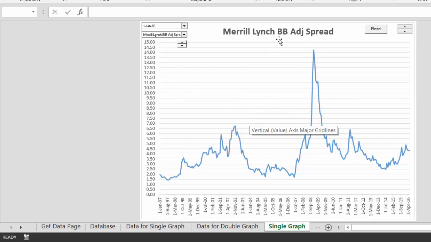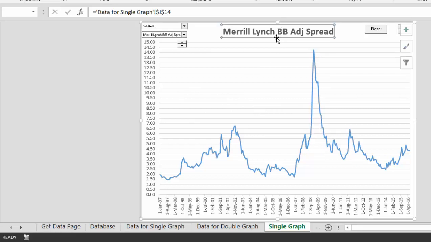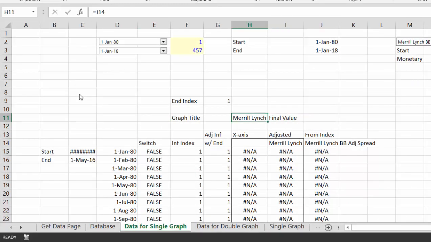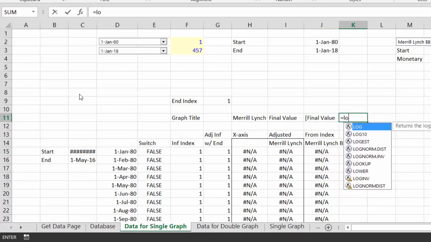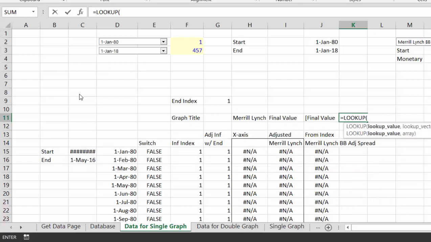So let's just fix the title now. Of course, when you make a title, you can just link it to the graph as long as you click on the box and go into that. So I don't know what I said just now. Let's just put over here a final value. Now to get the final value, you can just use a lookup. I'm starting to really believe in lookup more than match and index sometimes because if you do it efficiently, so we just take the end date, and since this column is in order, we can just then get the final value, okay, which is 4.34, and then we put a